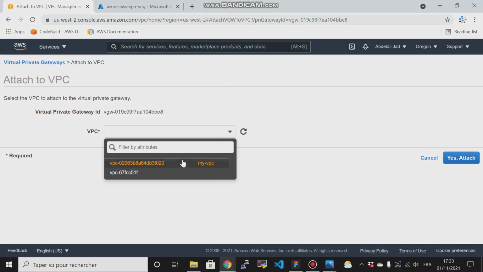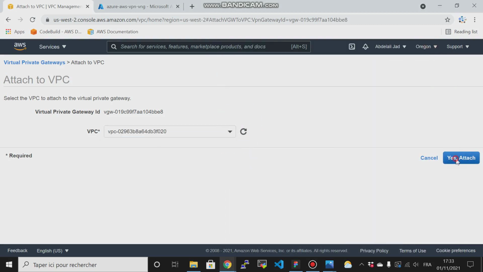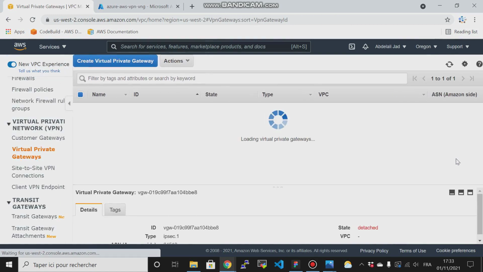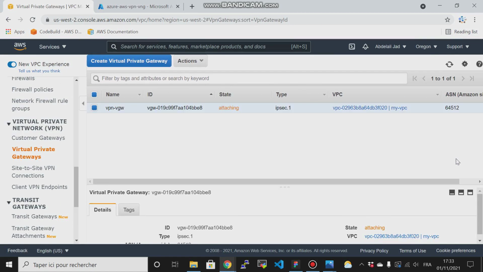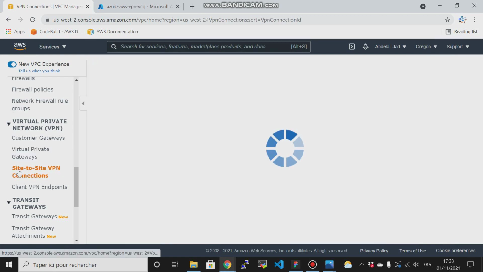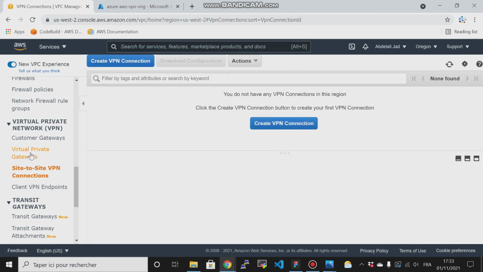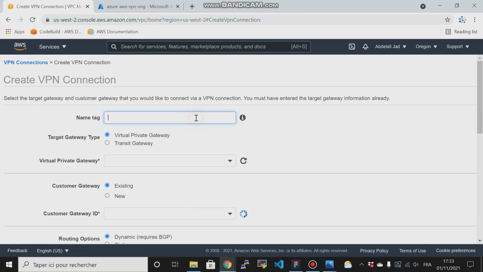And then choose our VPC. Then yes, attach. Now we are able to create our VPN. So I will click on create VPN. I will name it Azure